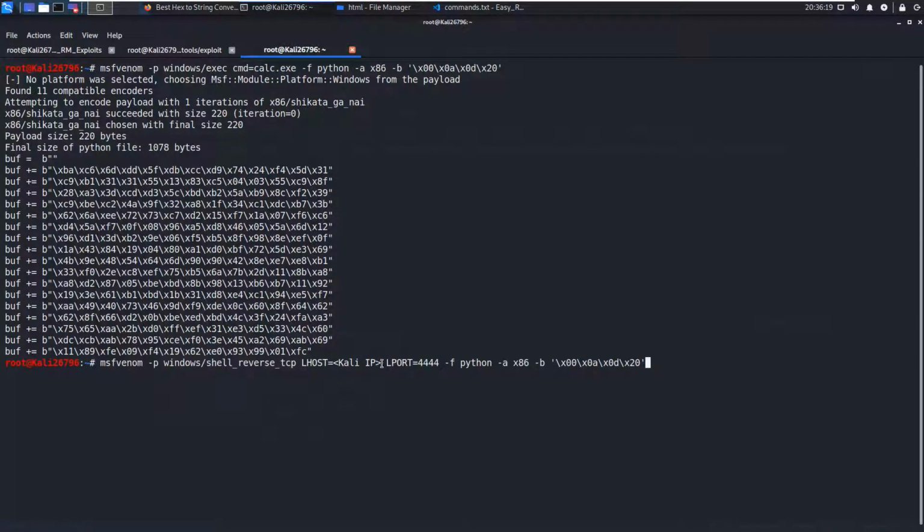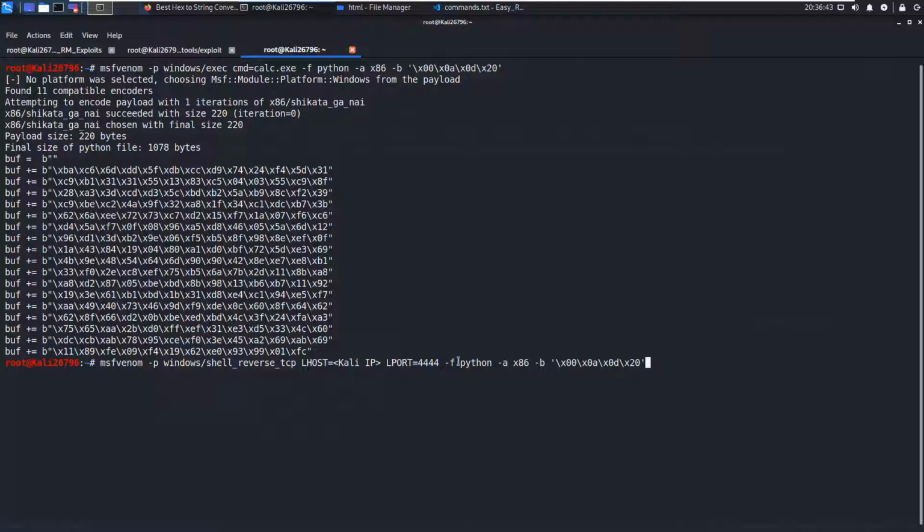So here I am calling MSFvenom, selecting the payload windows/shell_reverse_tcp, basically a TCP reverse shell I am going to create, and supplying the parameters LHOST and LPORT. LHOST will be the listening host, the Kali IP, and LPORT would be 4444.